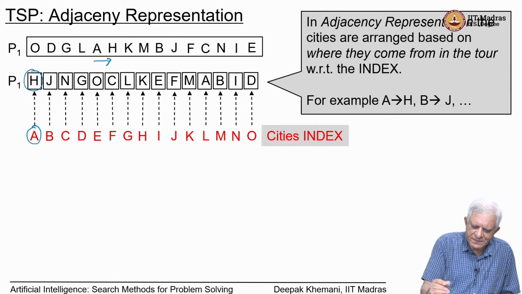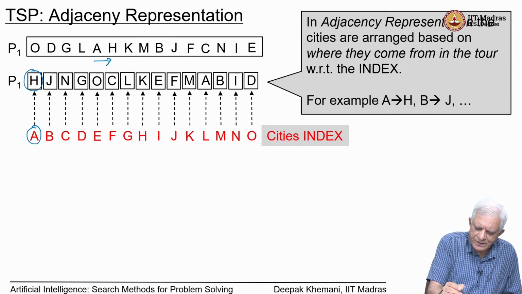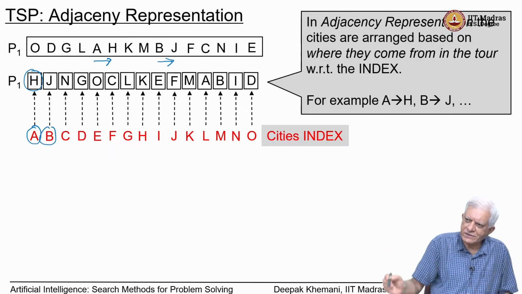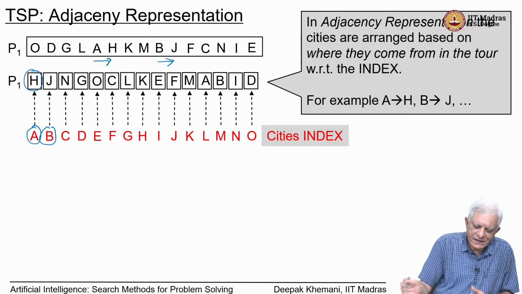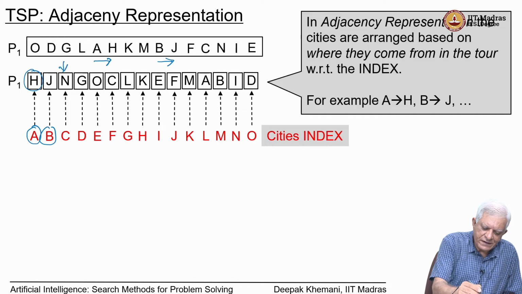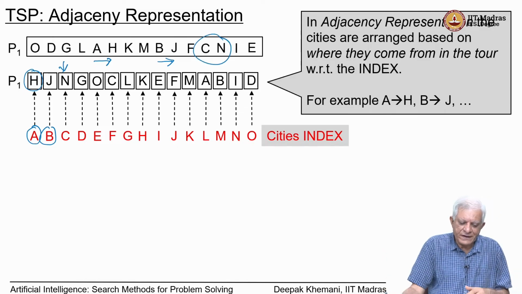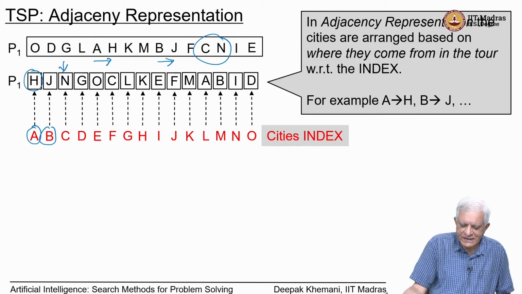Likewise, for example, in the parent you are going from B to J here. So, J comes in the second position. So, the city in the first position says I have come here from A, the city in the second position says I have come here from B. Then likewise, you know that this N is here because you come to N from C in the original tour. So, from C you are going to N, and in that manner we construct